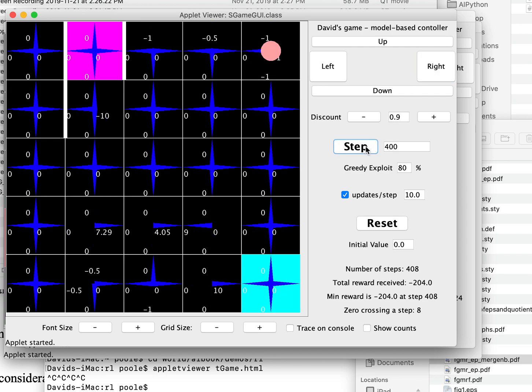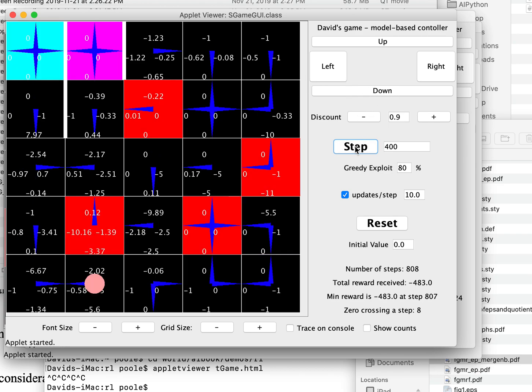So if we do 400 of these, we find out it knows a little bit around this bottom left corner. So the treasure is in this position here in the bottom right. And it hasn't learned very much. Do another 400 steps. It hasn't even stumbled on this idea about going up on this left hand side here. Okay, so we'll do 400,000 steps. We'll find that